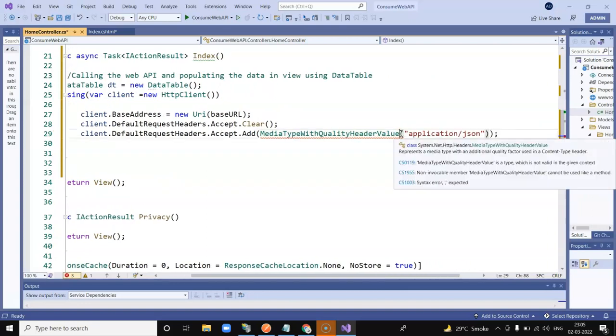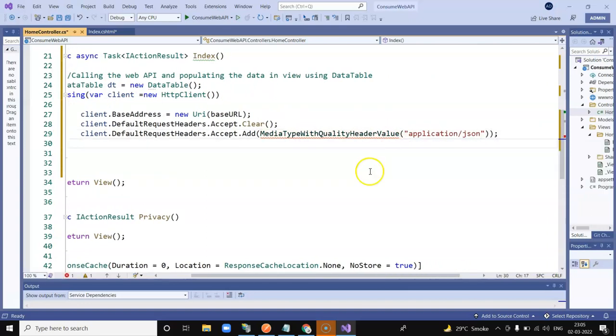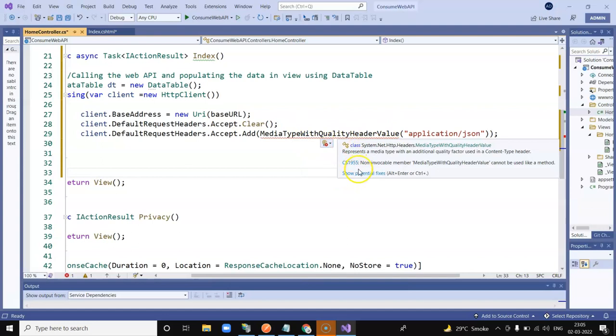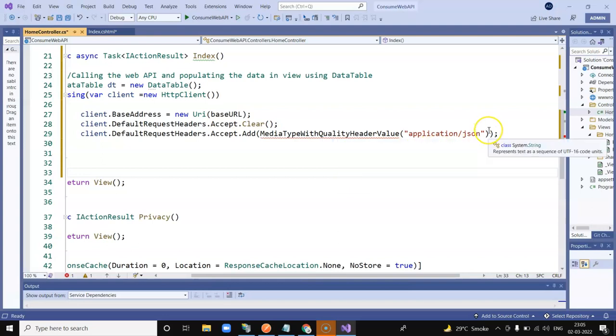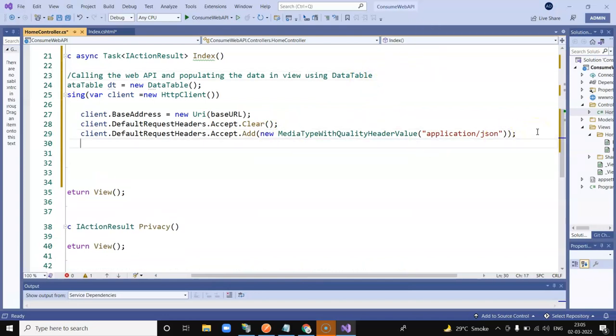and we say it will be a... there's some exception coming over here. Let me just figure it out. JSON. Okay, I got it. Sorry, it's new. Okay, so this becomes a header. We are adding a header for application/json, and then